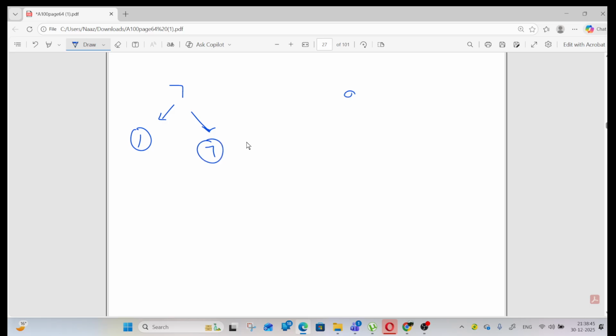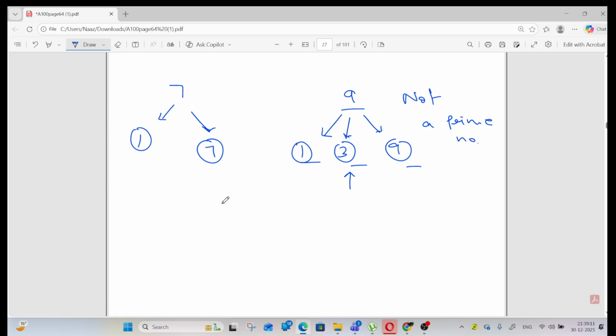7 is a prime number because it is only divisible by 1 and the number itself, which is 7. Is 9 a prime number? No, it is not, because it is divisible by 1, it is divisible by 3, and then it is divisible by 9. So it has more than two factors, right? So that's why it is not a prime number. Okay, clear? So let's